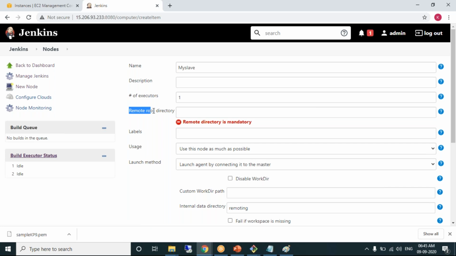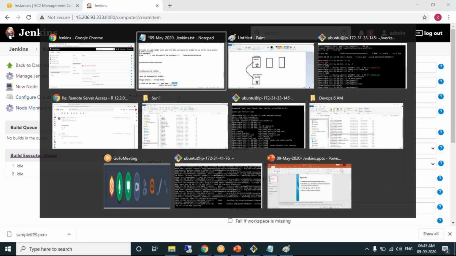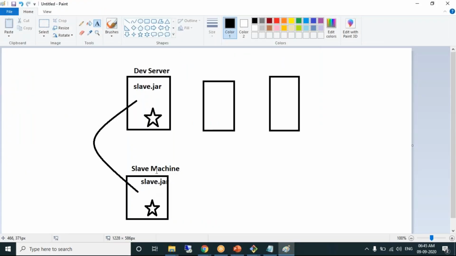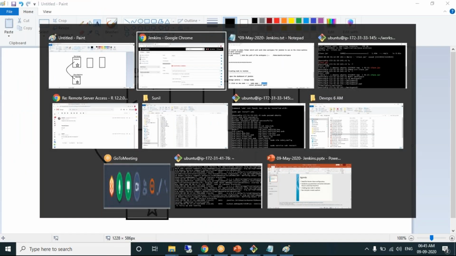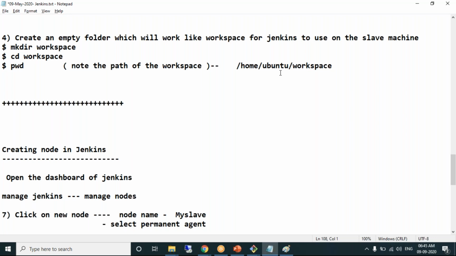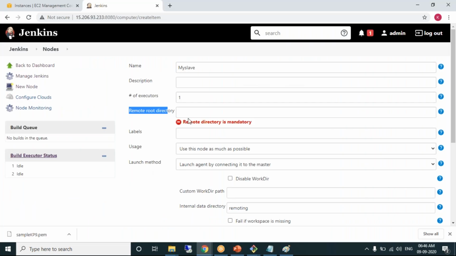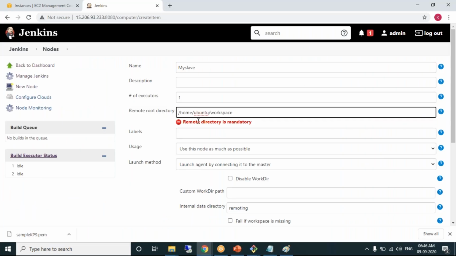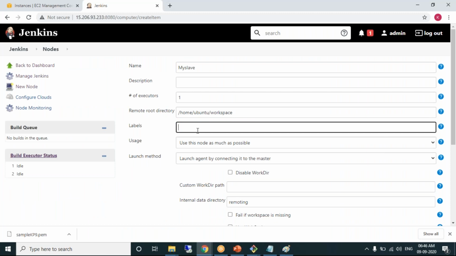Remote root directory: the root directory which is there in the remote machine. At Jenkins, this is the remote machine. We already have created a directory in the remote machine. That's the reason we have taken note of the path of the remote root directory. Label the node.